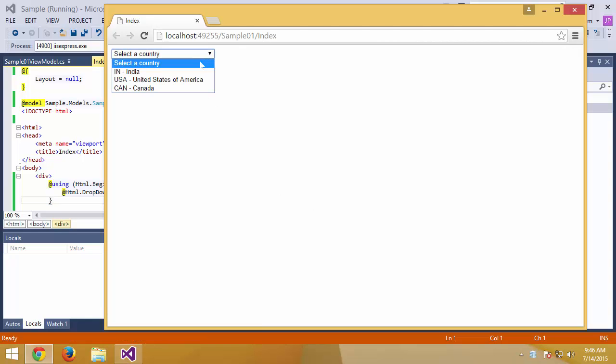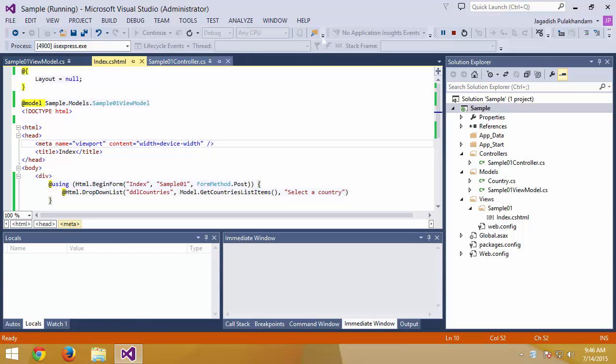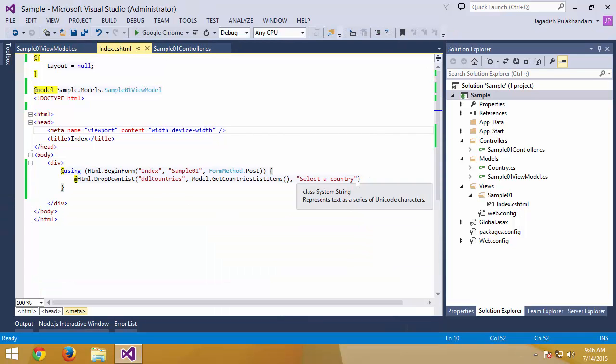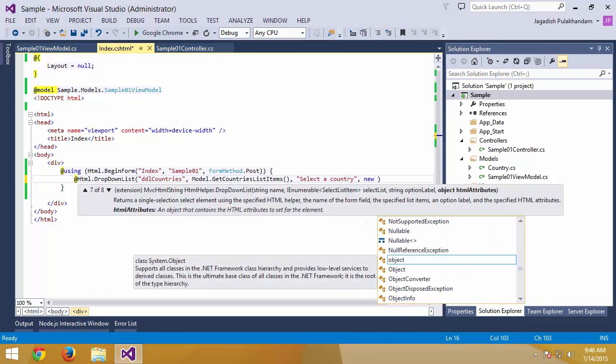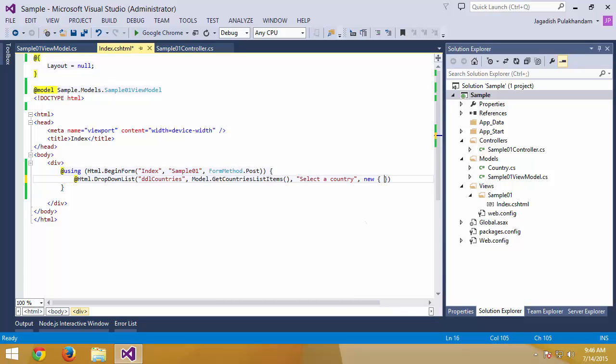okay, so I have the drop down, but if I select something, it is not really posting back to the server. I need this particular drop down list to be automatically posting the selected value to the server. That is my goal. So in order to accomplish that, I need to have the drop down list to be doing its own self post. For that purpose, I can add a particular